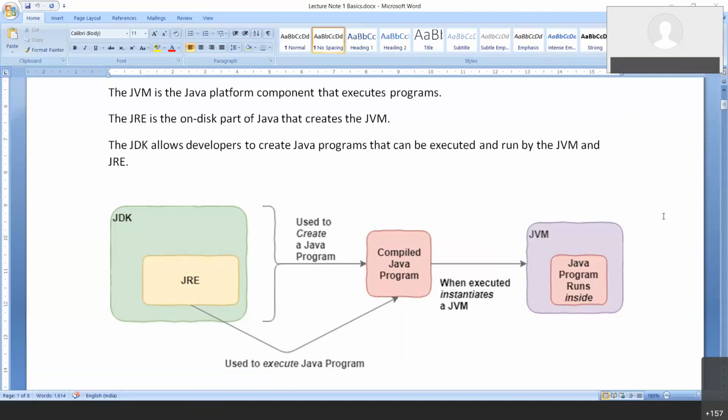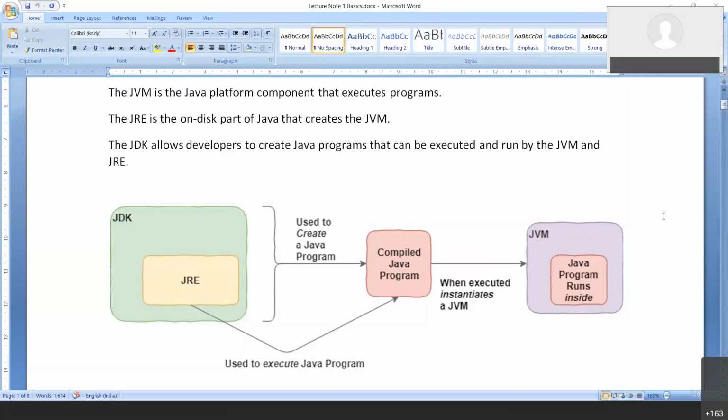These are very, very important concepts. Point number one, when you install the software, you get a JDK and a JRE. Point number two, you write a program. It could be written in Notepad. You compile it. When you compile the code, what happens? It creates a .class file. The .class file will be taken by the JRE, which is Java, and it will create a JVM and execute the code in it.